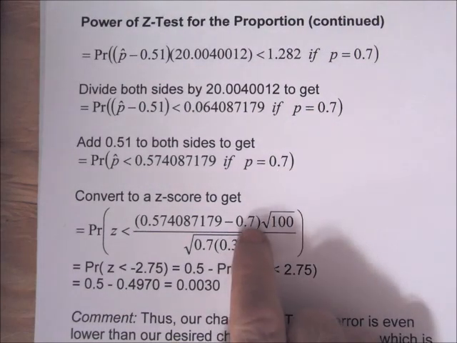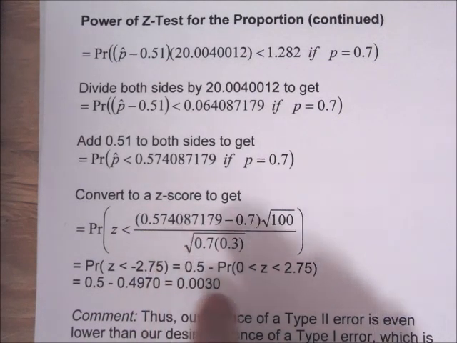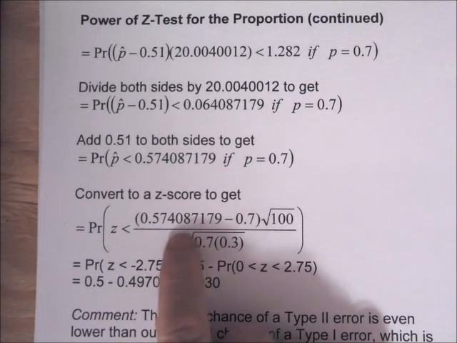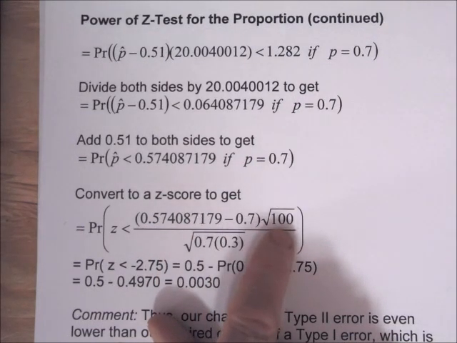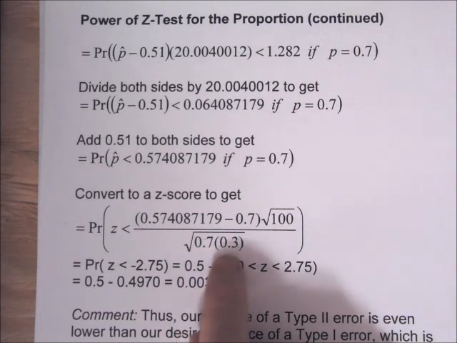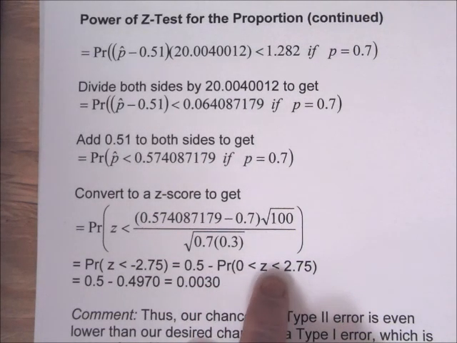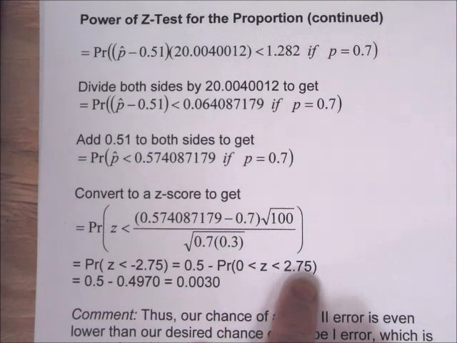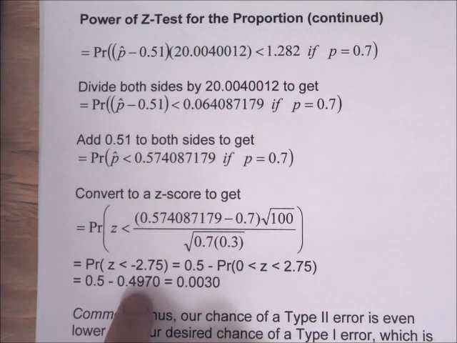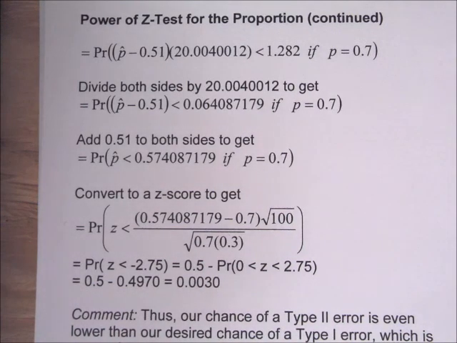So now we can plug in the 0.7 here, and compute another z-score again, and it's 0.57 something minus 0.7 times square root of n, which is 100, over square root of 0.7 times 1 minus 0.7. And that comes out to be negative 2.75. Because our table doesn't have the negative z-scores in it, we'll write this as 0.5 minus the probability that z is between 0 and positive 2.75, and 0.5 minus 0.497 is 0.0030. So the probability of type 2 error is